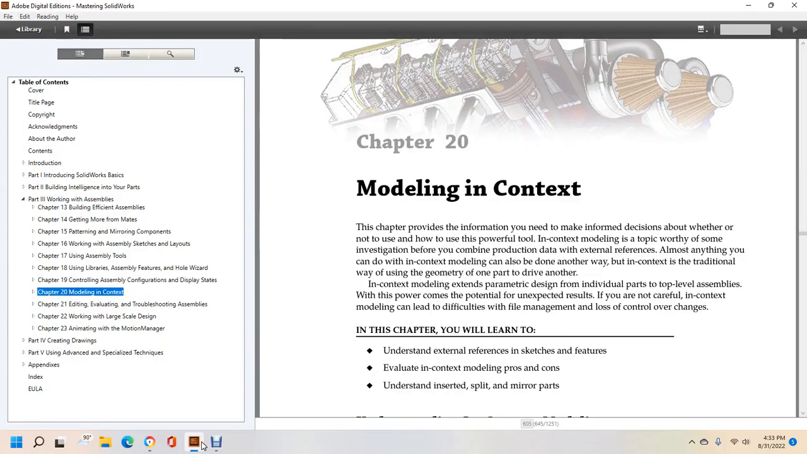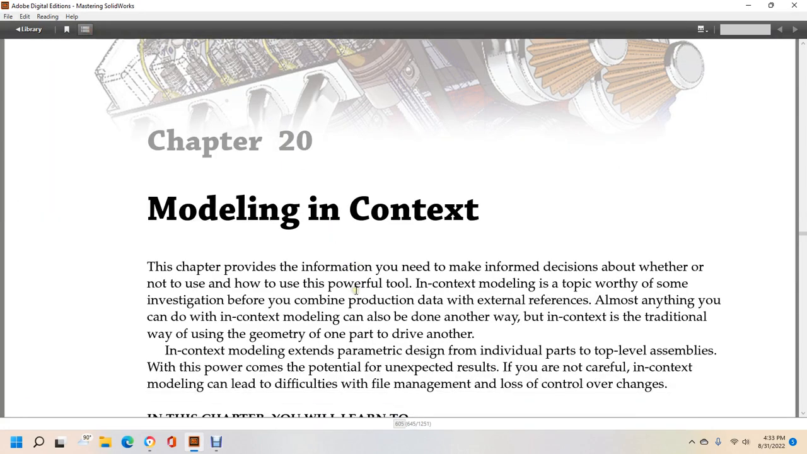Alright, Mastering SolidWorks, Chapter 20, Modeling in Context. This chapter provides information you need to make informed decisions about whether or not to use powerful tools, and in-context modeling is a topic worthy of some investigation before combining production data with external references. Almost anything you can do with in-context modeling can also be done another way, but in context,